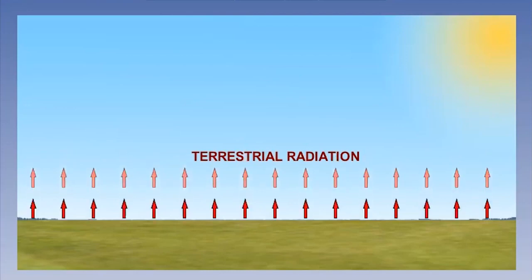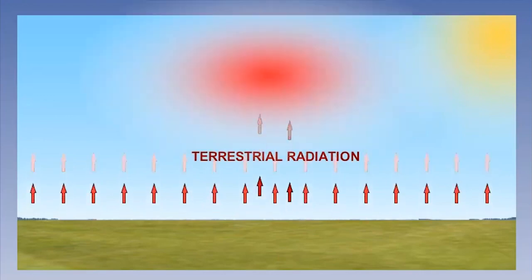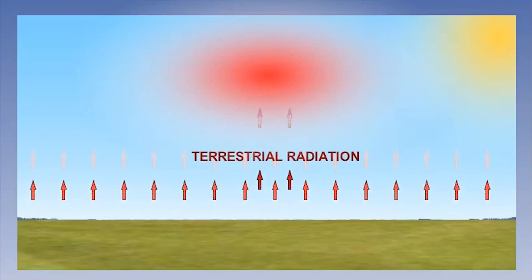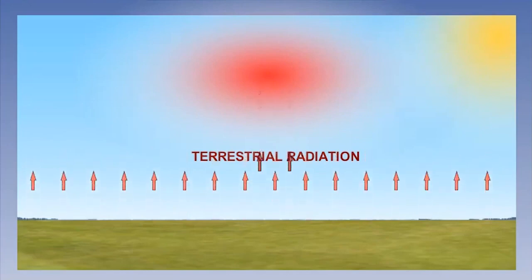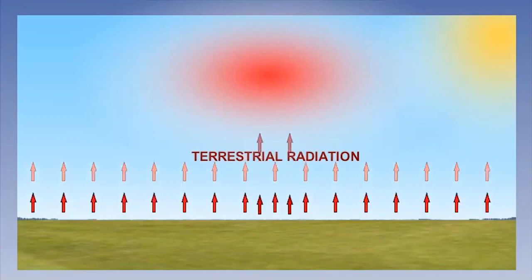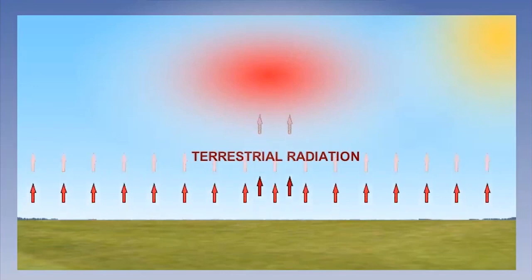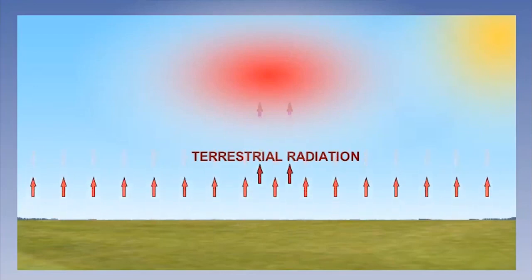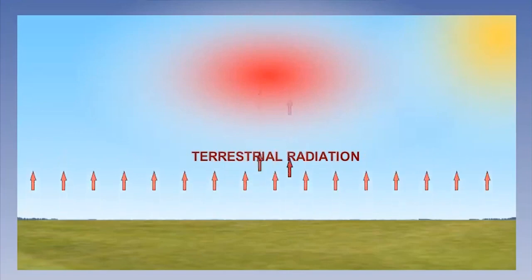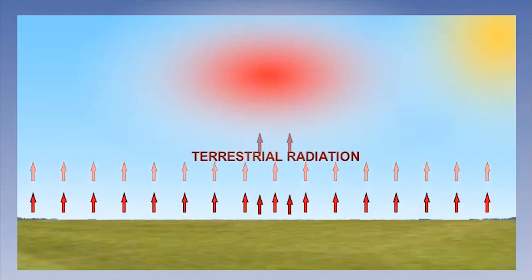So what happens to this energy as it is emitted from the Earth's surface? How does it heat the atmosphere? The most important process is where two of the constituents of the atmosphere, water vapour and carbon dioxide, absorb this long-wave radiation from the Earth. This then acts as a heat reservoir for the atmosphere, warming it up. This is the process called the greenhouse effect, and without it, the Earth would cool dramatically.